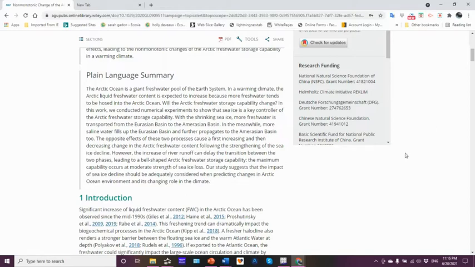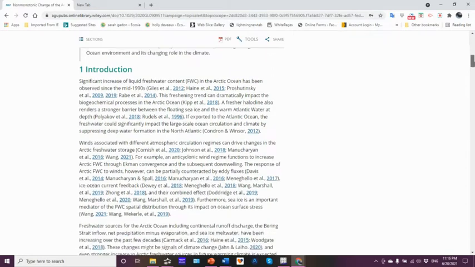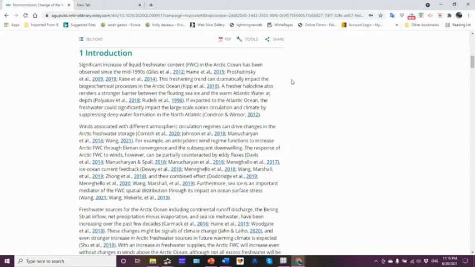So that's kind of the abstract there. And let's get into the introduction here. A significant increase of liquid freshwater content, the FWC, in the Arctic Ocean has been observed since the mid-1990s. And they list a bunch of references here. This freshening trend can dramatically impact the biogeochemical processes, such as I briefly outlined, in the Arctic